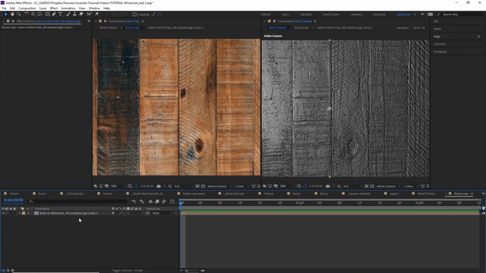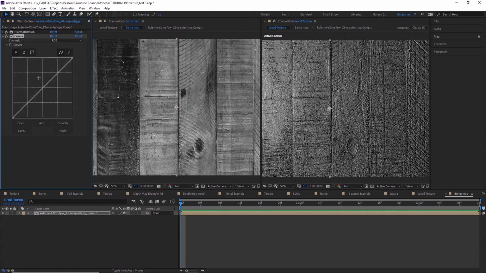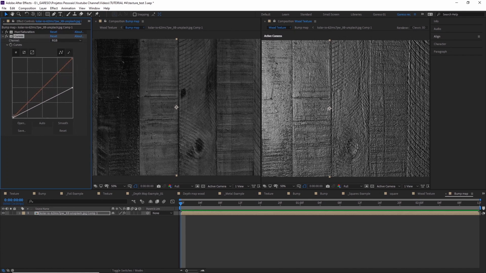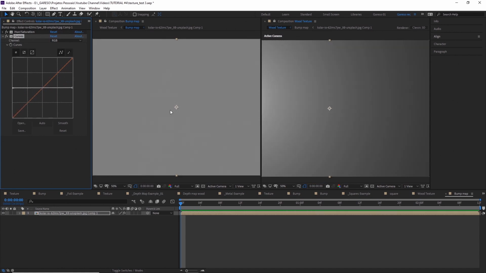Okay, as CC Glass is using only the lightness of the bump map, let's just apply a hue saturation here and desaturate the texture. And let's apply a curves effect to start editing our bump map. So the curves graph here goes from black to white. And if we just drag the curve to the middle here, we get a neutral color. We get a 50% gray, which is neutral, which means no pixels are being pushed up or down in the